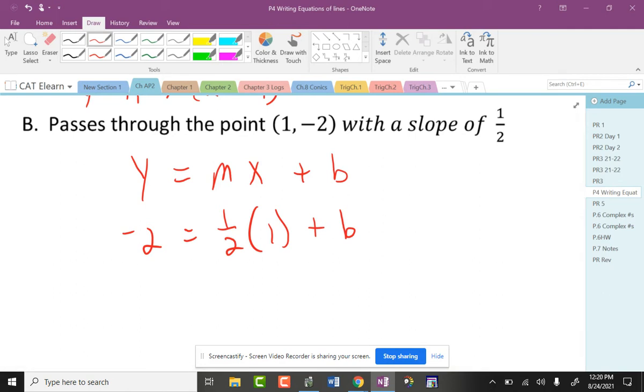This might be where you use point slope form. Whoever raised their hand, it works the same. It would give you the same answer. By the way, this is a half. I'm going to make this negative 4/2, because when I subtract a half from both sides,